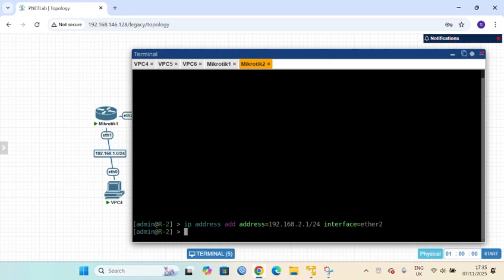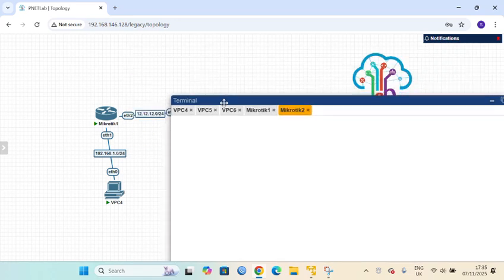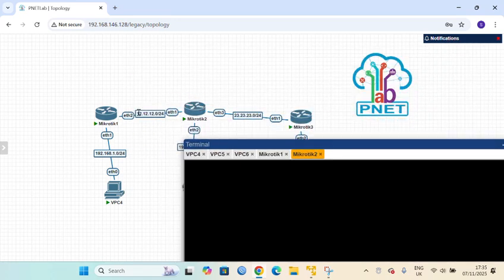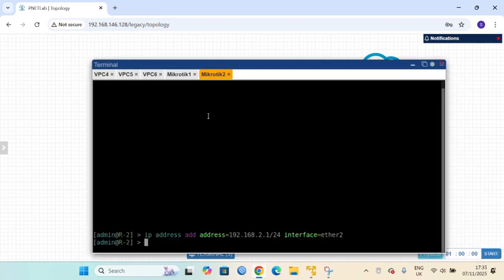And next we go again to the IP, this one, connected to router 2 using port ether1. This is ether1, and this is 12.12.12.2, and we enter.